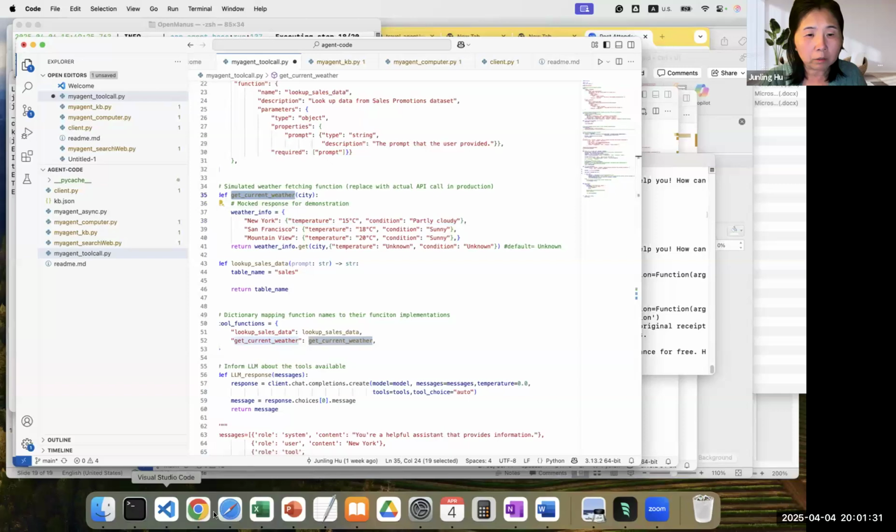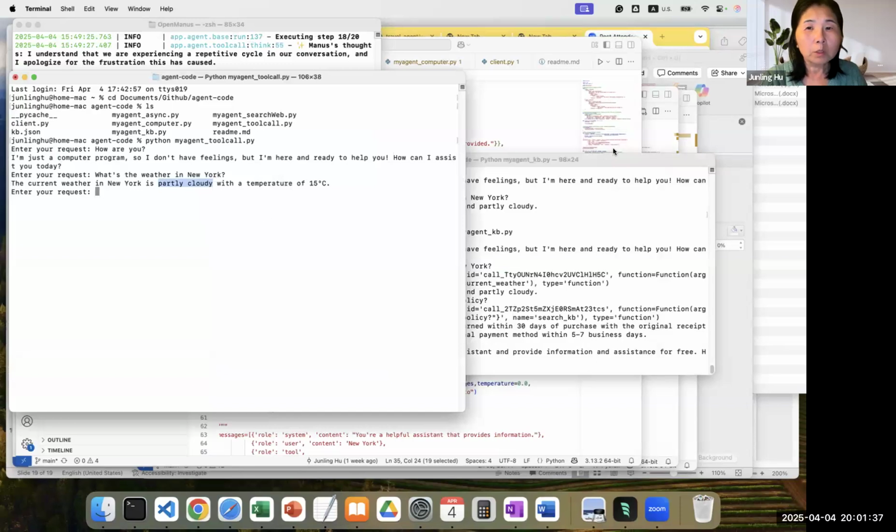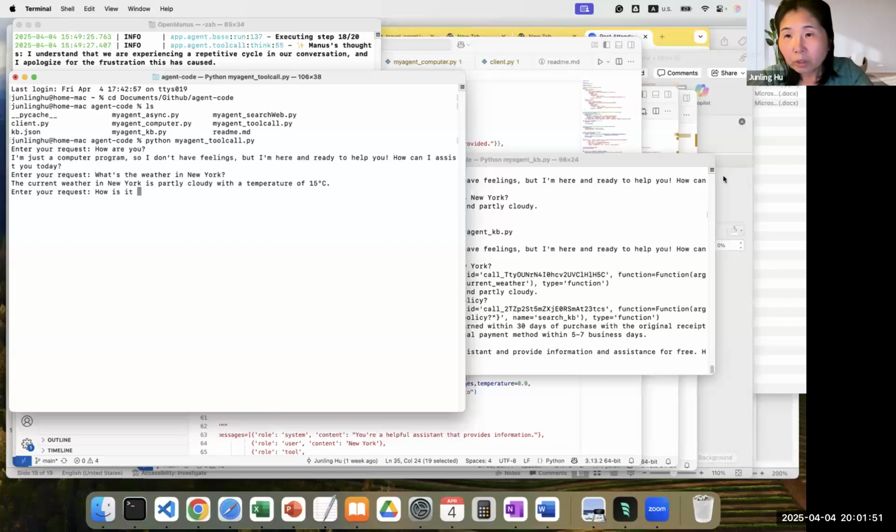And if you say other things, okay, this is a different one, so it goes back to not calling the weather. This is a simple example to show you the actual tool is being called. Okay, and so I'm going to quit here.